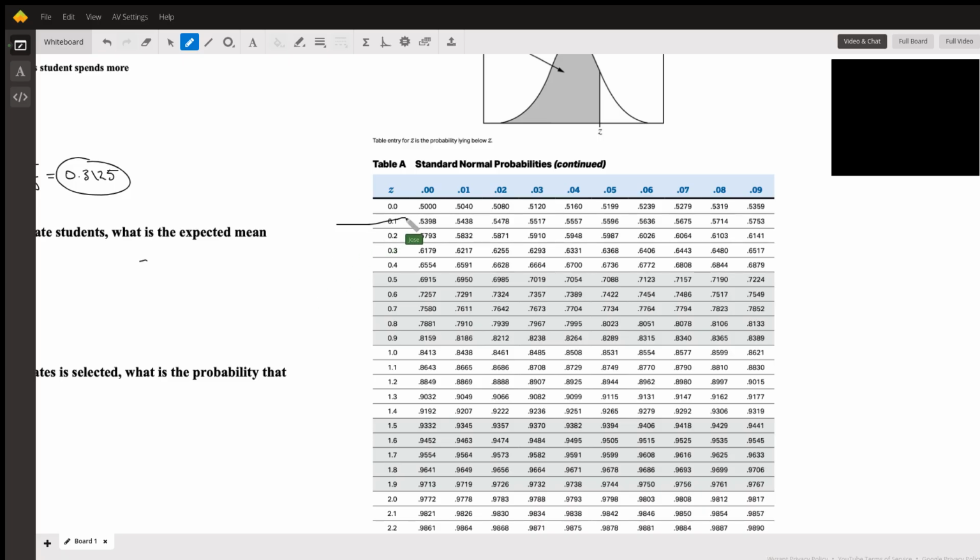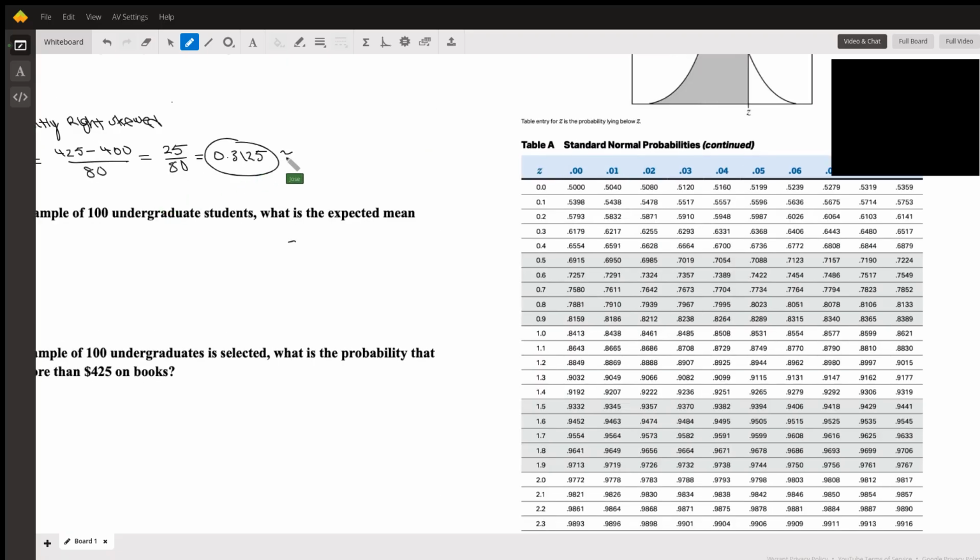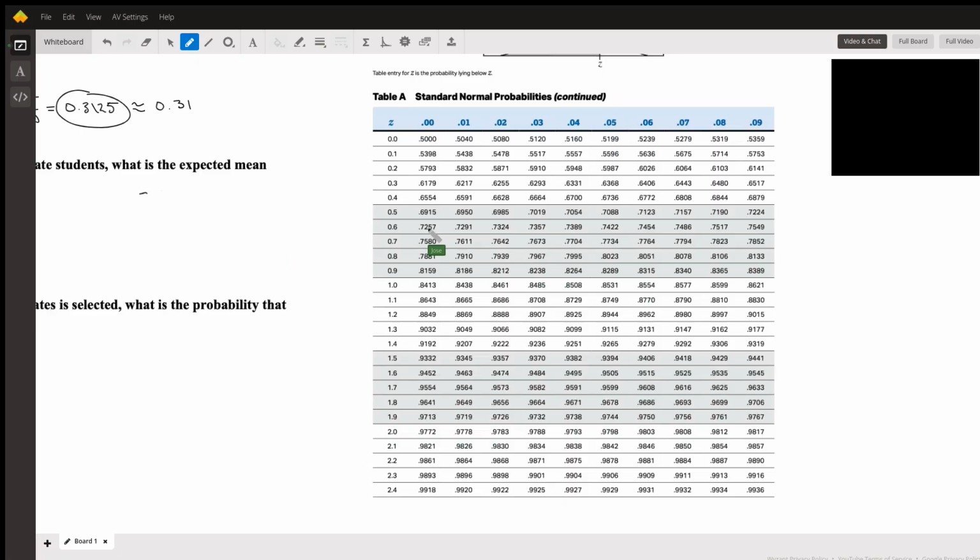Looking at this reference sheet, we're trying to look at where z is equal to 0.3125 or close to that. Let's say this is about 0.31, so let's round down. Okay, so if I look at my z-score, 0.3 is right here, 0.01 is right there, and in between I have